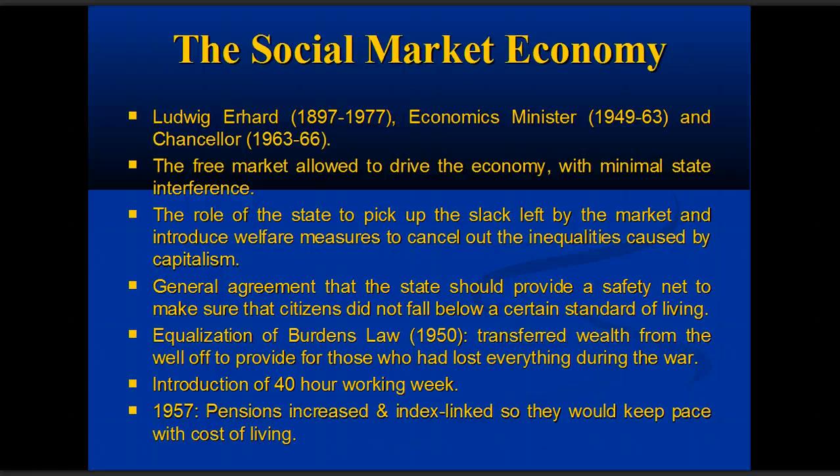What does he do? Well, he lets the free market drive the economy with minimal state interference. Okay, the role of the state was to pick up the slack left by the market. So you have a safety net for those people who didn't succeed in the market, and therefore they would have access to benefits and things like that. Agreement the state should provide a safety net that all citizens could apply to. This was important. The equalisation of burdens law, which meant that it transferred wealth from the well-off to provide for those who'd lost everything during the war. So, for example, people who'd lost maybe factories or even just houses, money would be given from the rich to the poor to help